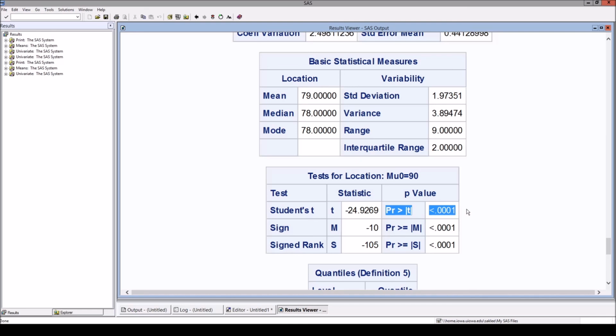In our case, our test was one-sided, so I should divide this number by 2, but this number already shows that my p-value is so small that even if I don't divide by 2, I can reject my null hypothesis.